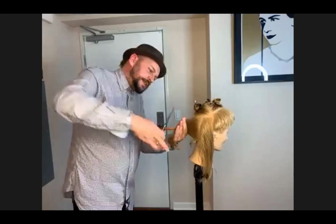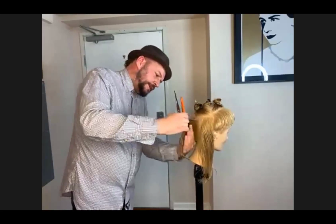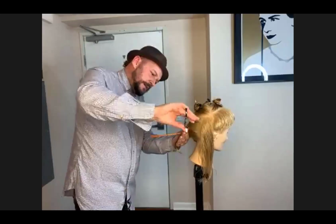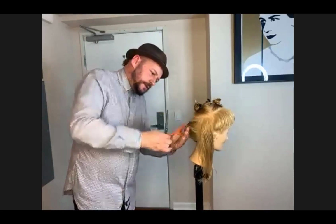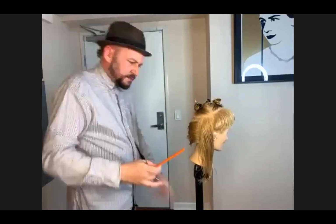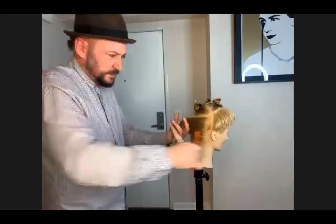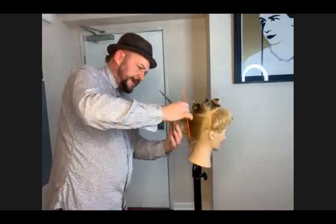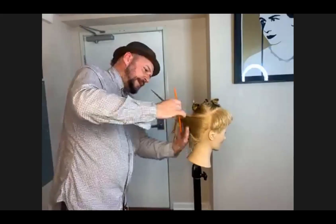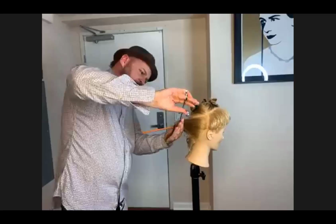If you cannot see this guideline, take a smaller section. All right, don't guess your guideline. So then everything over to the center. Okay, and then same, combing away. So I'm combing away from that ear, and I'm combing into the middle. Into the middle, okay, and then all blunt,